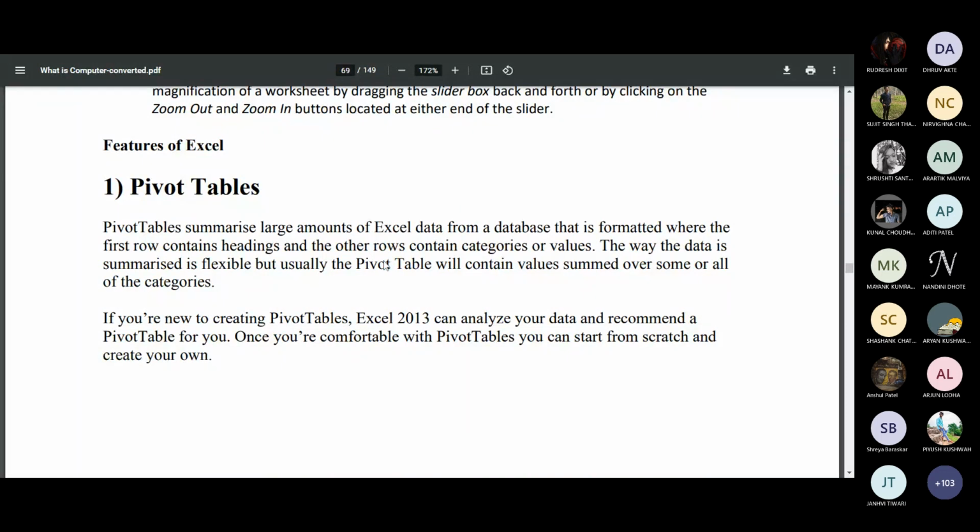So pivot table, in an ordinary table, there are a fixed number of rows and columns, and if you want to make a diagram of a pivot table, we have to include those rows and columns. And then a normal table is fixed, and a pivot table is dynamic.